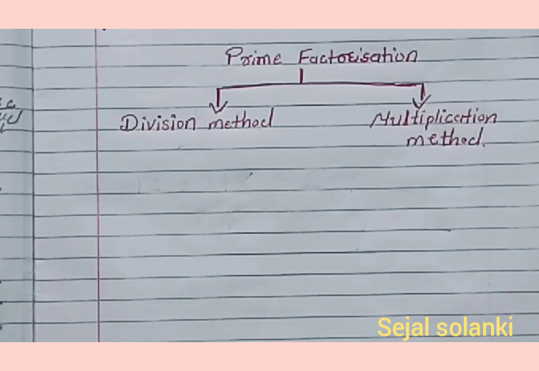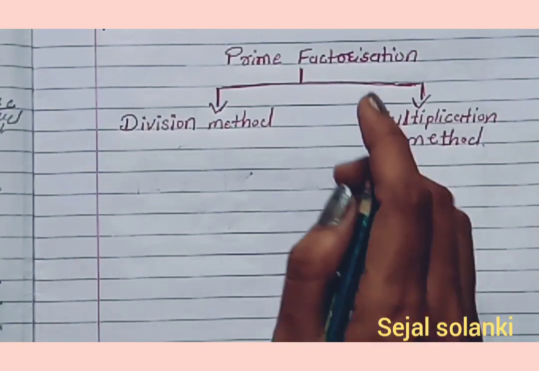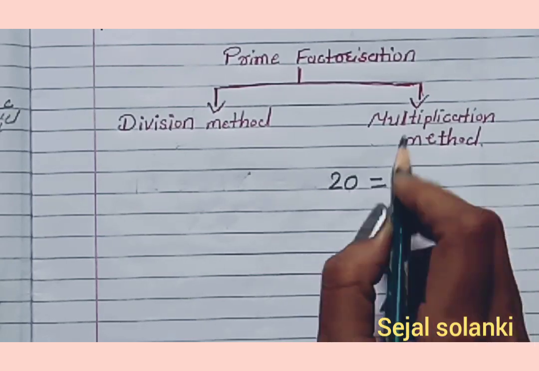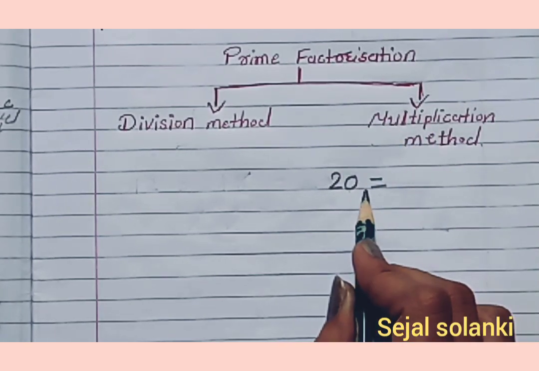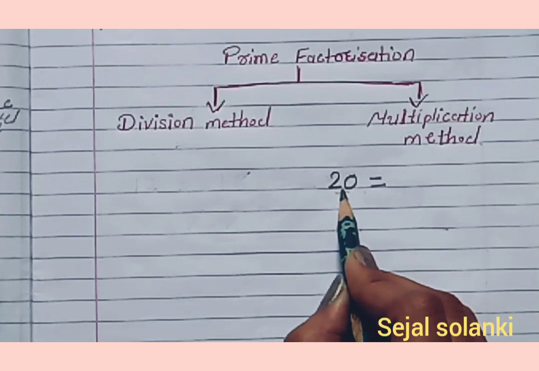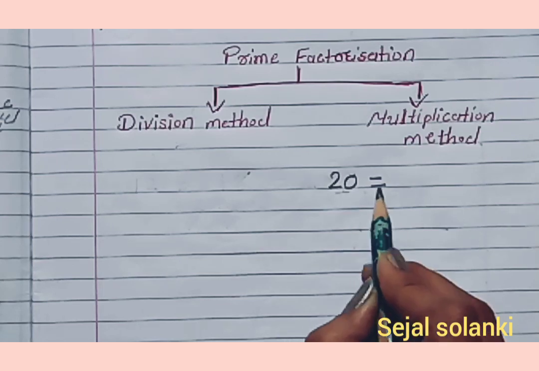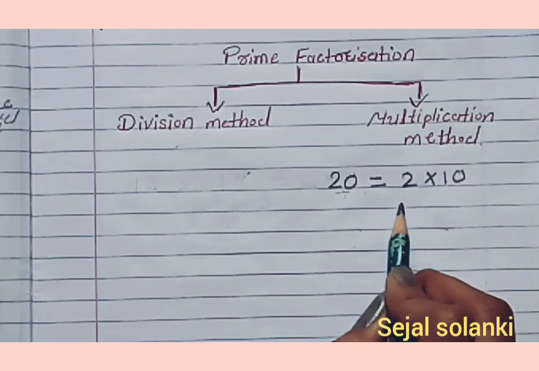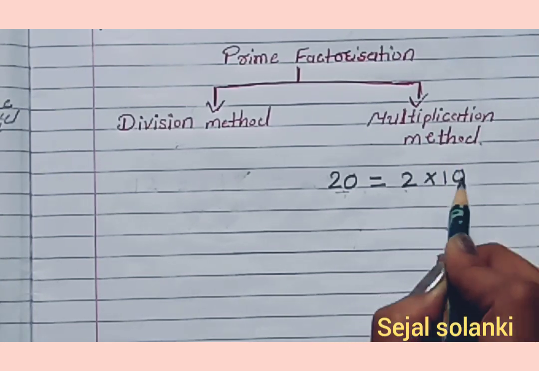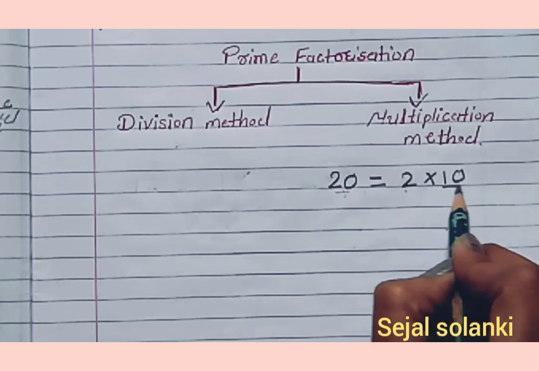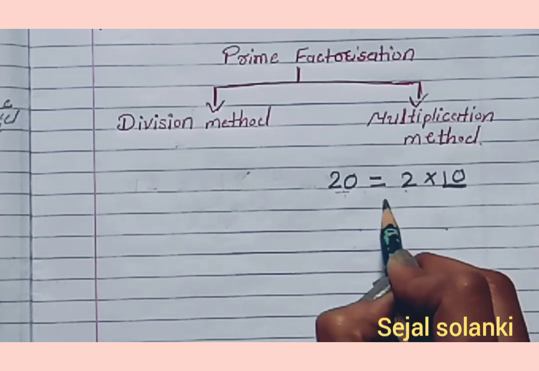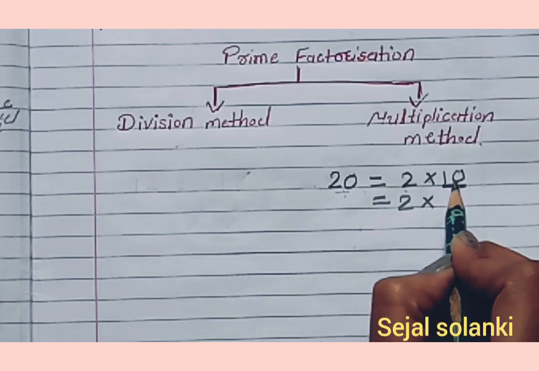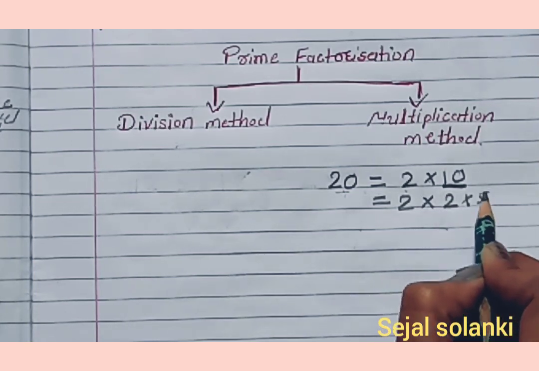We did it just now. Once again, let's take another number, 20. Now we break 20 into two numbers. First, how can we do it? First we will check whether it is even or odd. It is an even number, so we can divide this number by 2. We know that 2 tens are 20. Now 2 is a prime number but 10 is a composite number. So we break this 10 again. First we will write 2 as it is, then multiplication, and we will break this 10. 2 fives are 10.